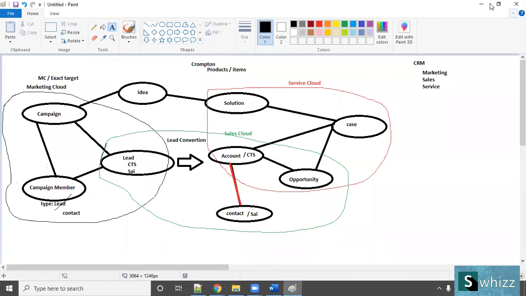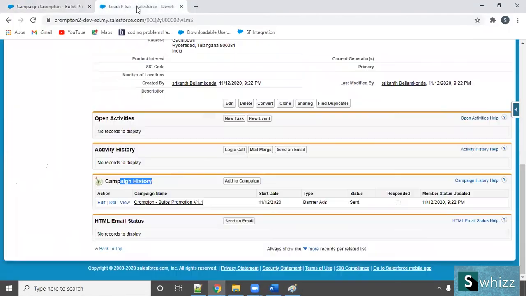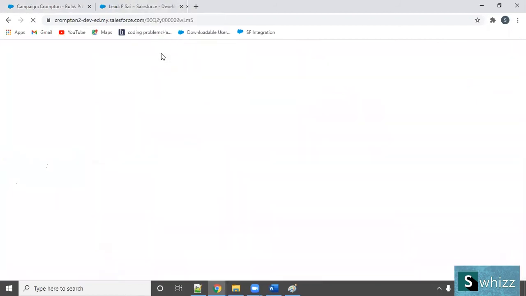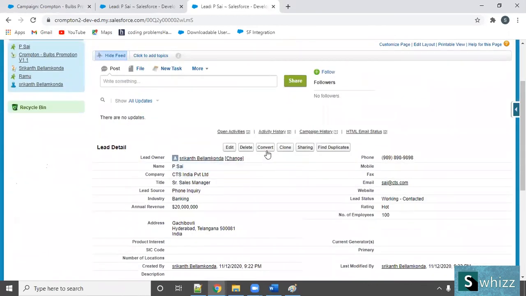Clear? Okay. Now what will the sales rep do? I'll take a duplicate of this one. After a successful discussion with Sai, he said that he is going to carry forward your business. So what we do, we simply click on the convert button. Okay, just click on convert. Ready? Generally in lead management, definitely I'll talk about finding duplicates and all these things. Wait for the time being. But today what we are going to do is convert. That means the conversion process.